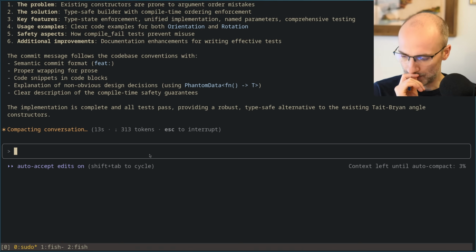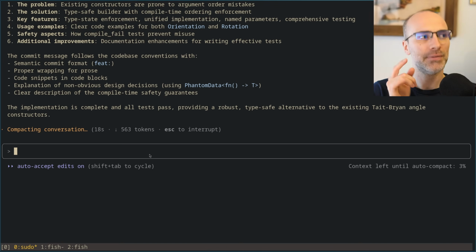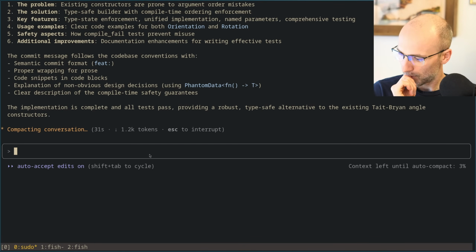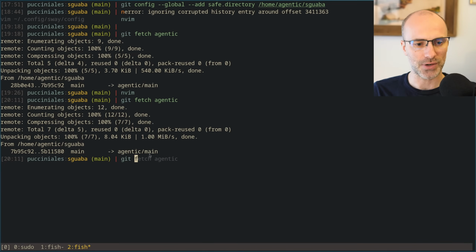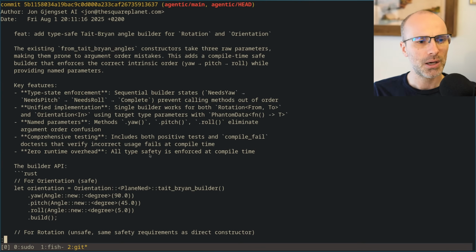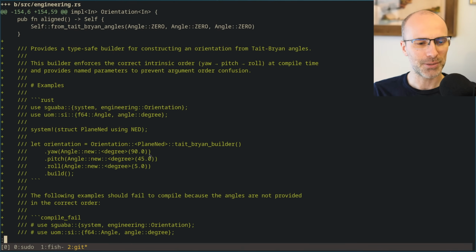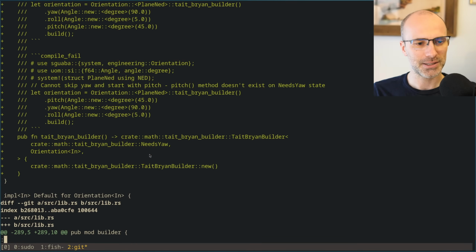Because what I now wanted to do is say that the previous git commit is slightly wrong, in that it needs to avoid the explicit derives of clone, and it needs to fix the title message of the commit being too long. But I think those are the only 2 things, right? Like if we do git show -p agentic main, oh no, it probably also did not run cargo format, is my guess.